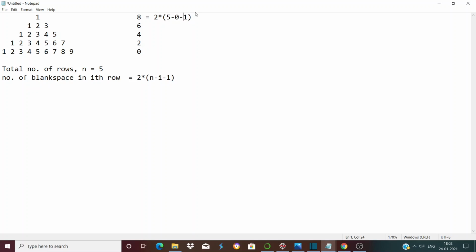So 2 into 4 is 8. Similarly, in row number 1, we have 2 into 5 minus 1 minus 1, that is 2 into 3 equal to 6.